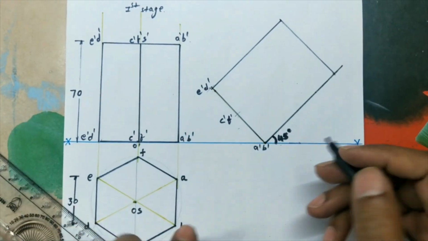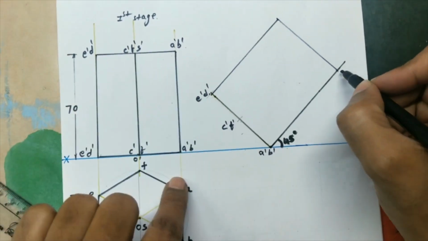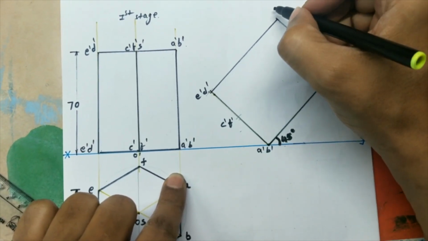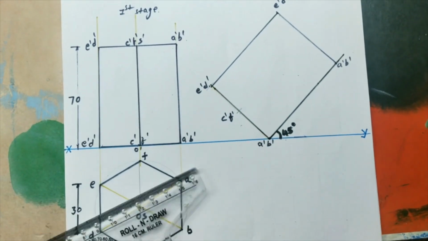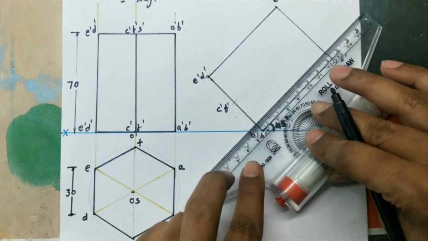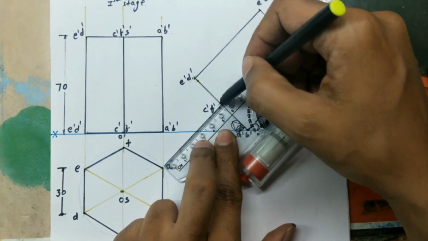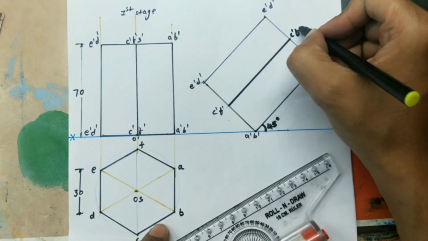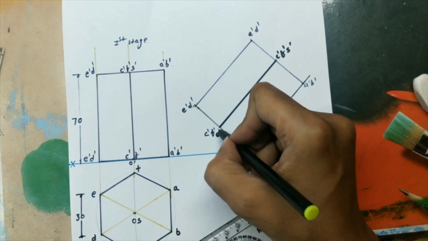Okay, now mark a point here. This we have marked here also. This is A dash, B dash. Here I will mark that it will be E dash, D dash. Here this is A with respect to this line. Okay, this will be my C dash, F dash and S dash, as well as this is O dash.